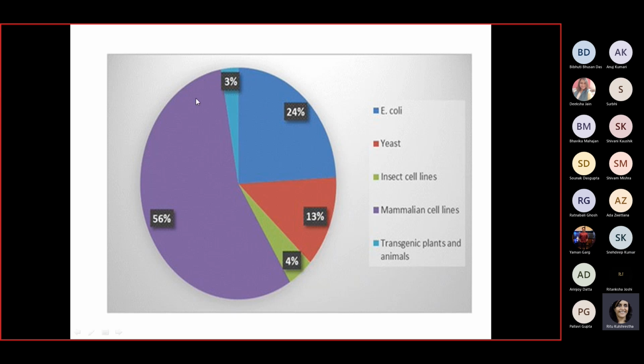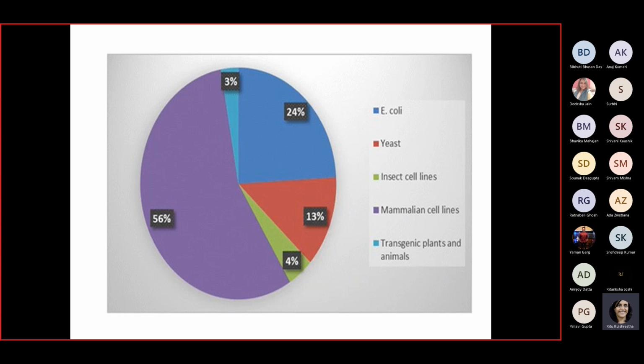Currently in the market, we see that the majority of the therapeutic proteins available are derived from mammalian cell lines, and the reason is simply that for these proteins, which are used at least for therapeutic purposes,